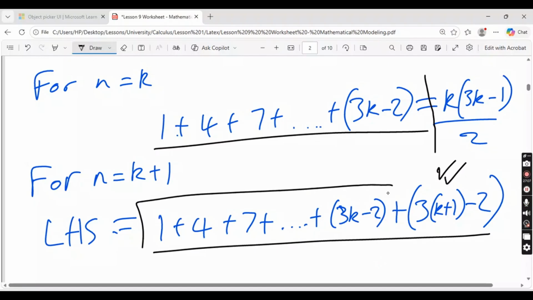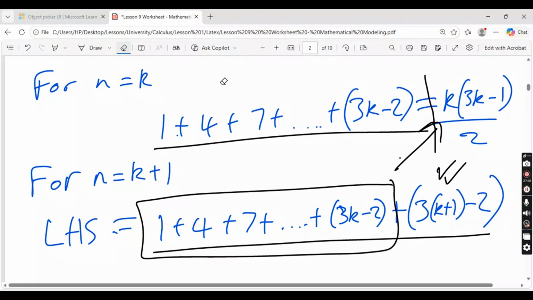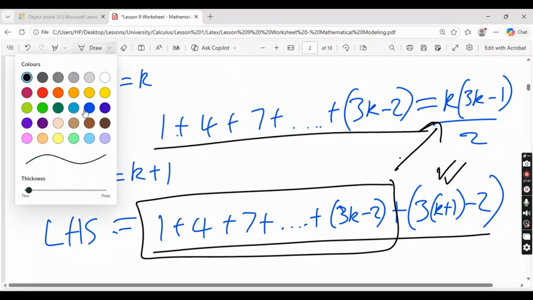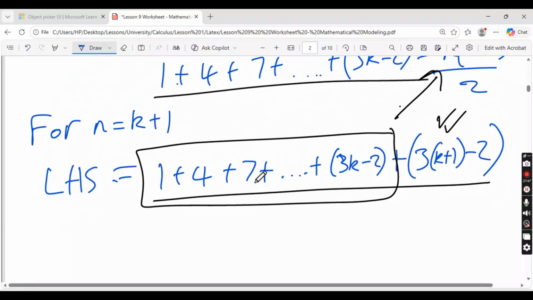Since we have this scenario, we are supposed to replace these guys with this one. Any question there? So we have to replace those with k open bracket 3k minus 1 over 2. Any questions? Since we said they are equal to each other, we can do that. Okay, cool. So now we have,